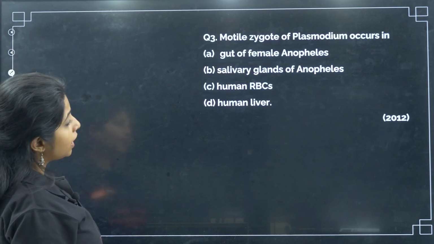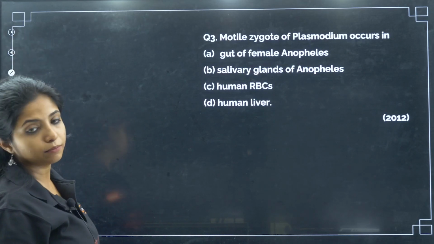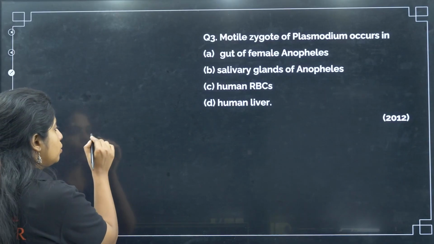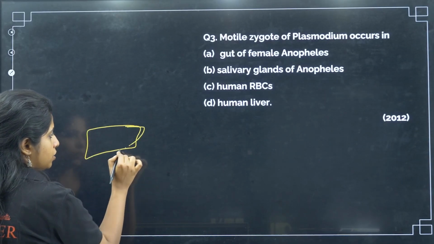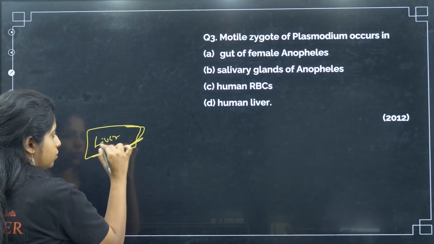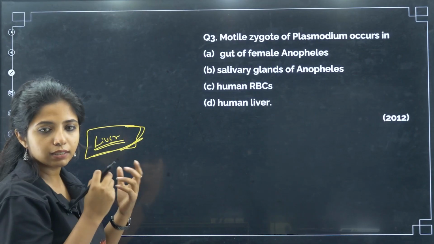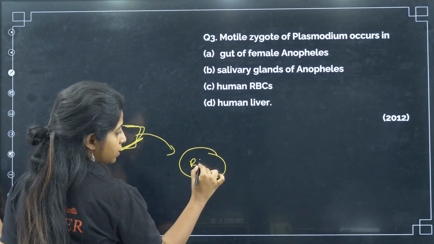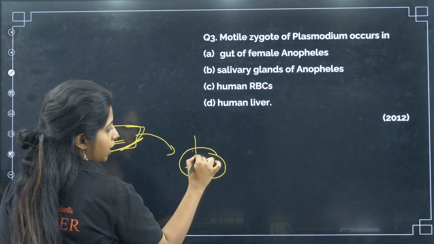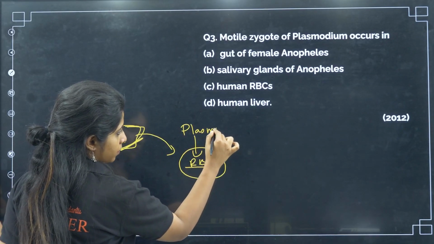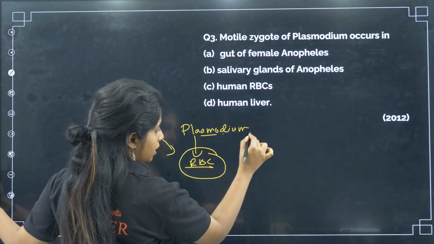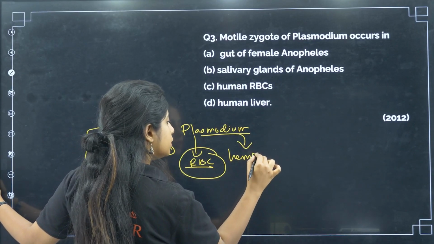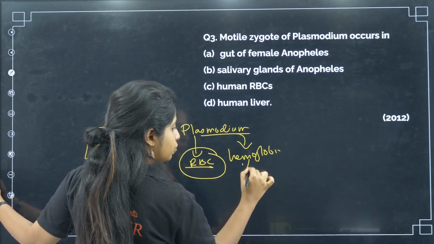Now, motile zygote of Plasmodium occurs in. Motile zygote and Plasmodium. So I'll tell you one scenario. In the human body, I told you it's the liver that gets affected first. The cells of the liver break open and things like that, and basically now they will be moving to RBCs. In the RBC, my dear children, the Plasmodium which is there will be in some stage, and it is going to basically feed on hemoglobin and break it down